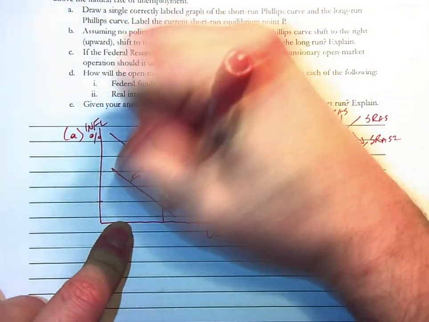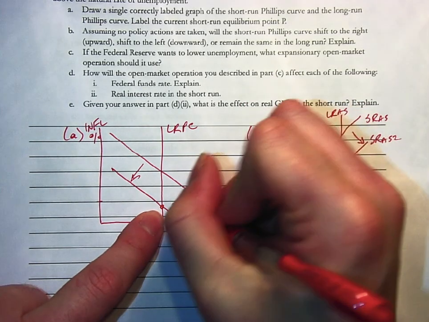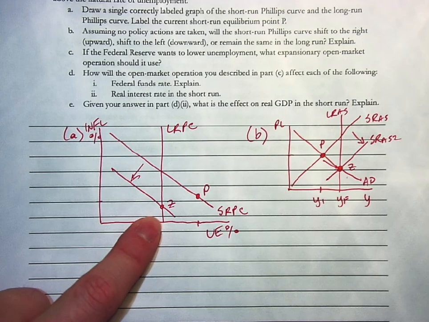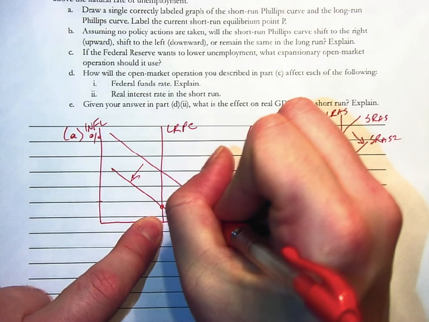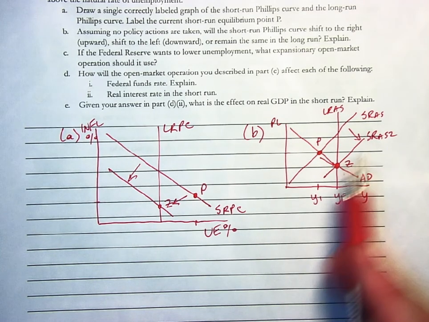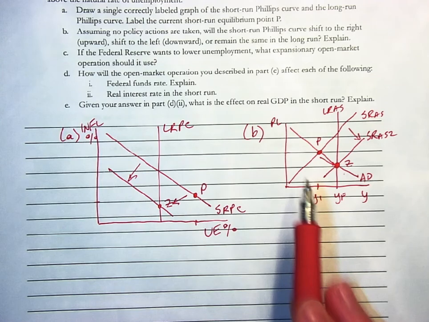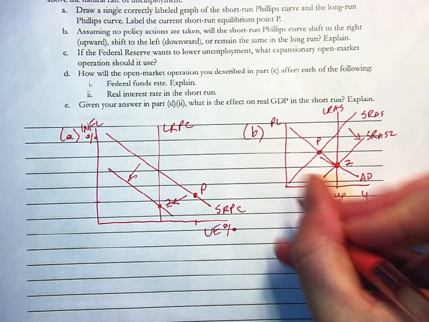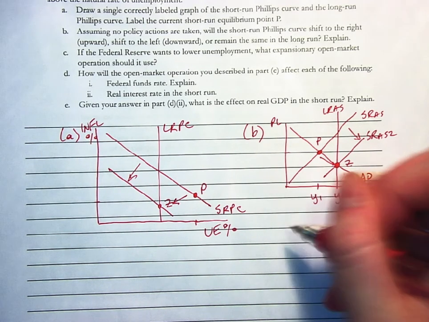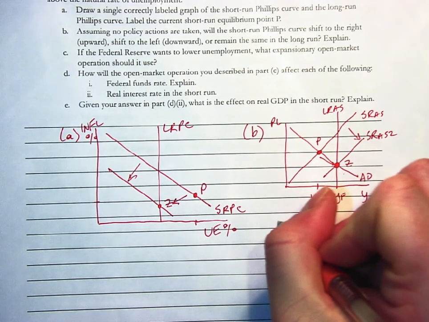It will move in like that, and we'll actually come back to this point Z here on the graph. So it's going to be kind of an inward diagonal movement. Now a graph actually could work here if you explained what was going on and you drew it, but I would actually say the easier way to answer question B is to say shift left